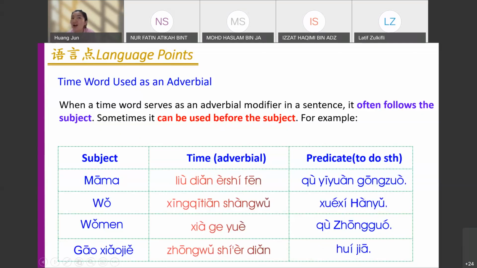回家. Did you catch it already? 回家. 家 means house, 回 means go back. So it means Miss Gao goes back home at 12 p.m. So this is the meaning of the sentence. Make sure this helps you remember all the time words. I show them in red color. All the time words in the sentence, you can either put in front of the subject or after the subject. Both are correct, but never put it at the end of your sentence.